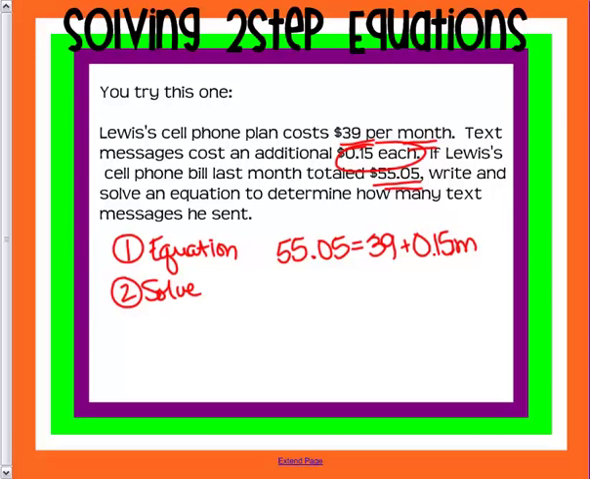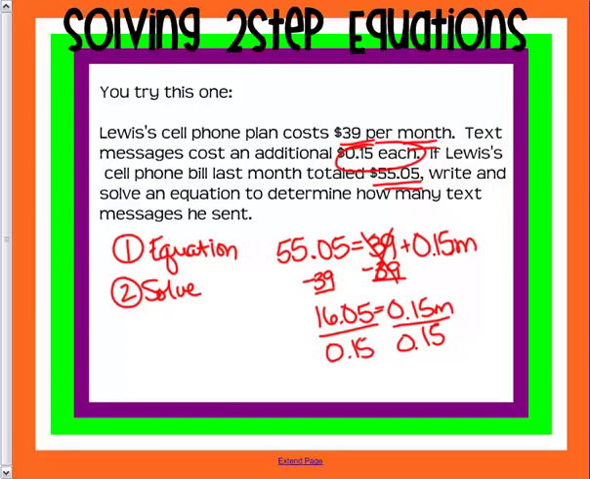Okay, so the first thing that we need to figure out is how much we actually spent on just the messages. So let's take the 39 away from our original $55.05 because then that takes the plan away. Now we know that we spent $16.05 alone on messaging. So if we spend 15 cents per message, we can divide the $16.05 by 15 cents. So divide by 15 cents and we get